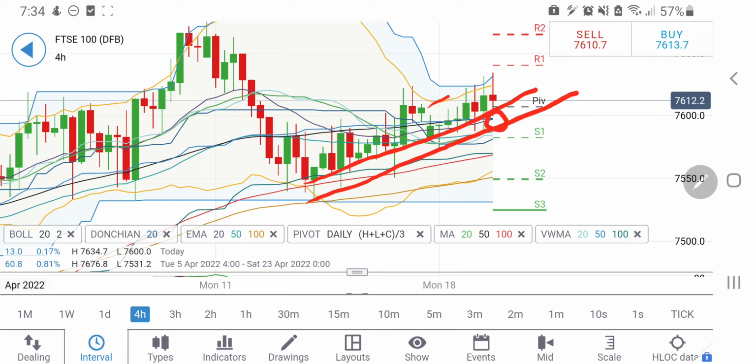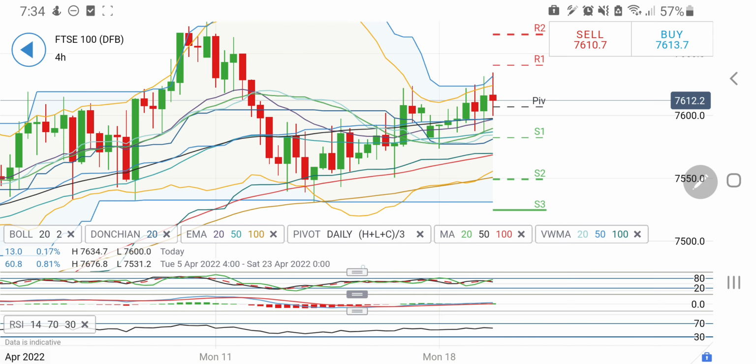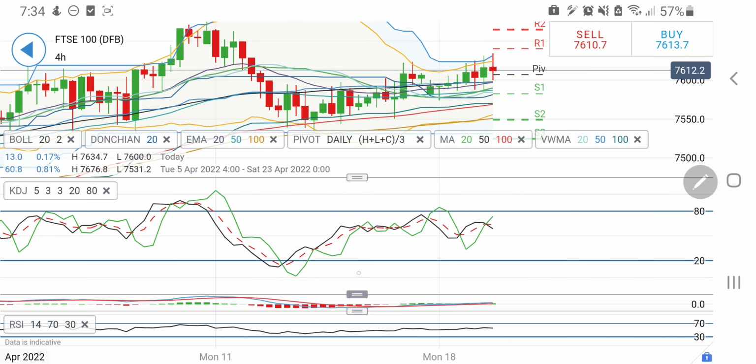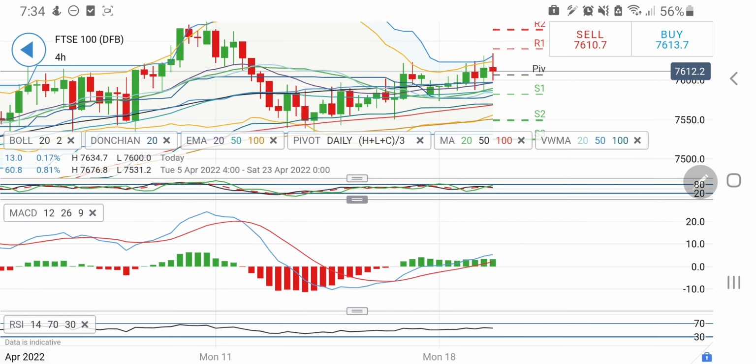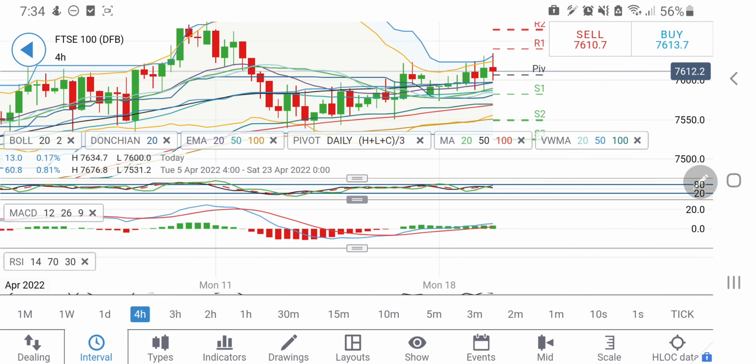At the same time, if you look at the previous candles, it is also trying to trade in this channel. If it breaks any of these, it may try to hit this zone at 7,650 levels. So yes, one can take a long entry at 7,620, then one can expect 7,650 levels. At the same time, breaking 7,600, one can expect 7,580, and below that we may see a stronger drop. That is what is evident here. If you look at the 4-hour stochastic, it is looking downwards. MACD is still on the buy side, RSI is not showing any signs here.